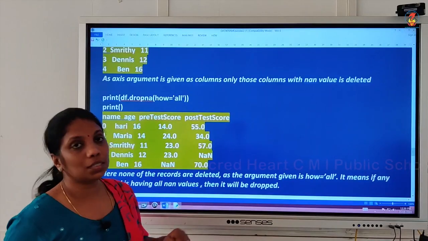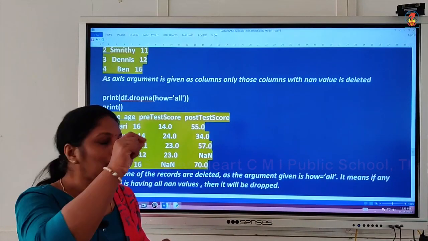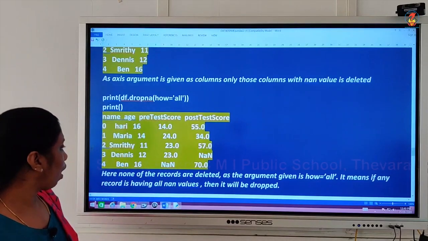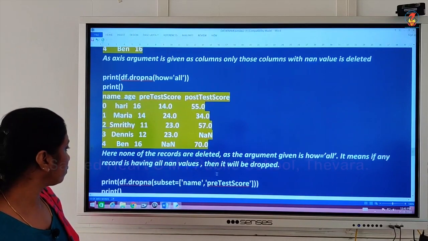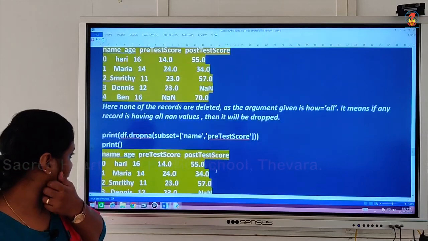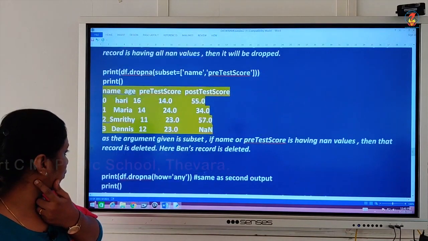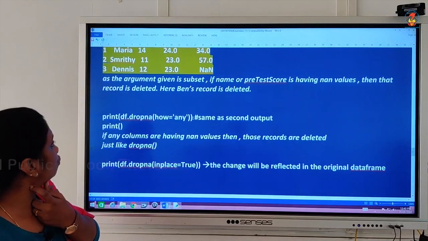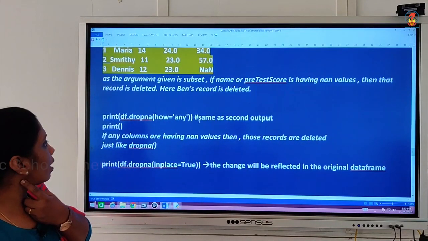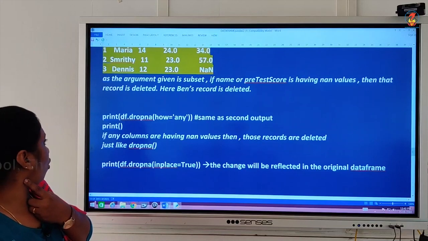There is one more option called how equal to any. Then you can see the difference. How equal to any, I think I have not given. So you can just check it out if it is given or not. How equal to any, I have just told here. See, how equal to any is the same as the second output.